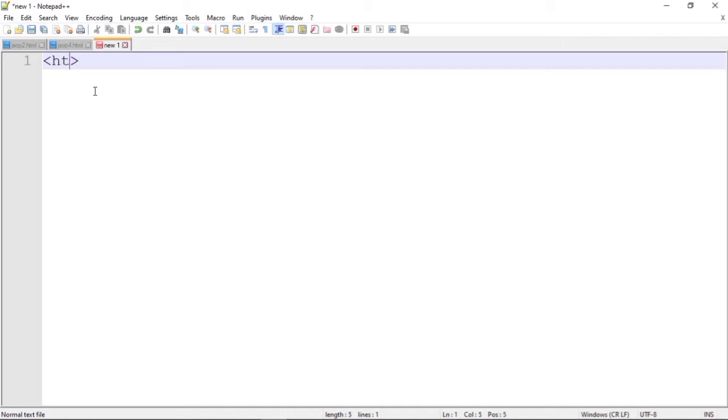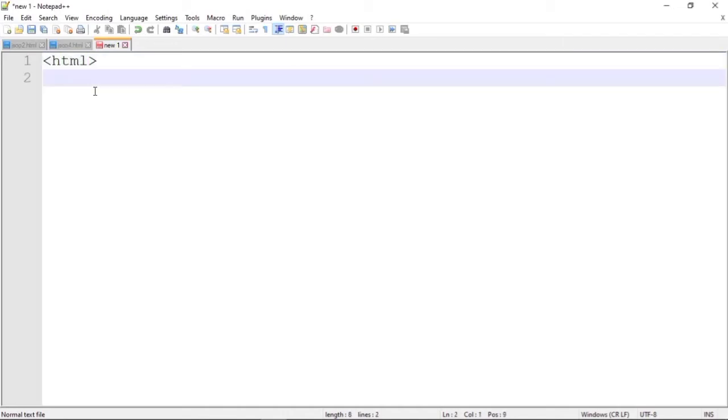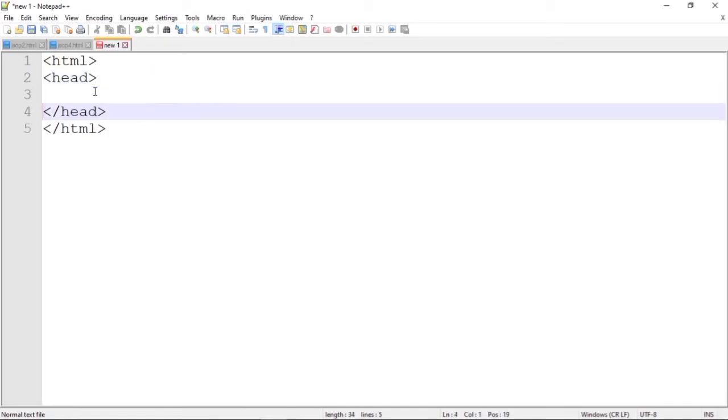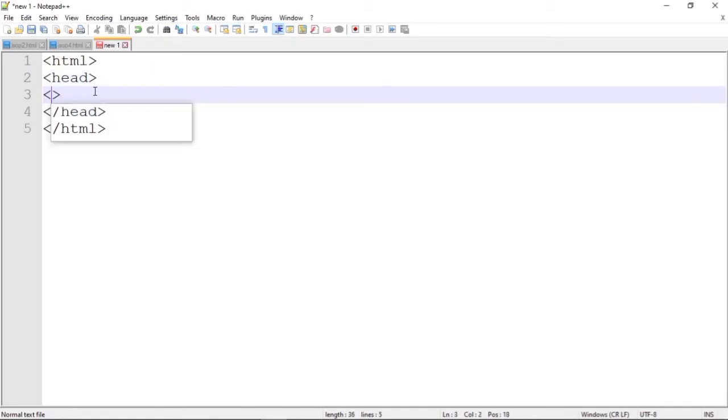We have to type the code: HTML, then end of HTML. Within the HTML tag, let us add a head tag. So head and then end of head.